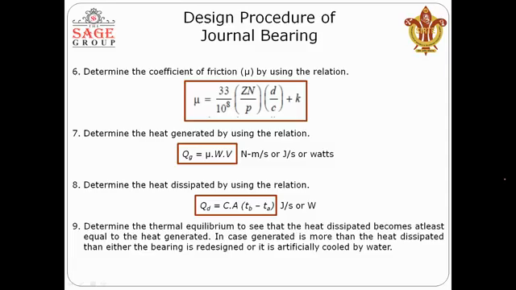At this particular time, we have to check two things. First, either we have to redesign the bearing, or we can cool the bearing by using cooling water or cooling oil. Fine. So this is the particular process of the design of